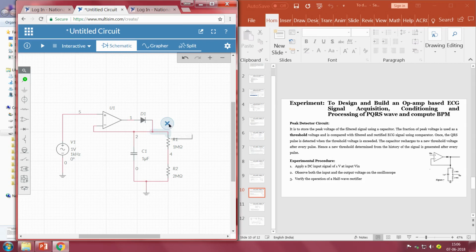In order to understand, let me remove this particular terminal so that there is no connection here. Then we can easily see whether it is following the peak or not. Then we will make this connection, and at this particular node we connect a probe, and we will see how the output signal looks, right.